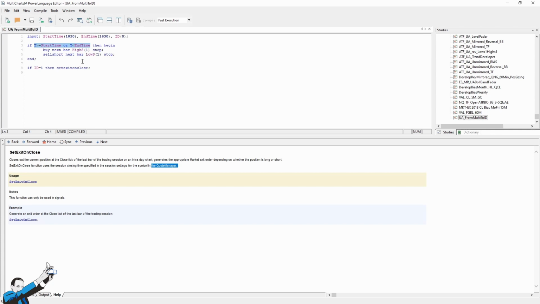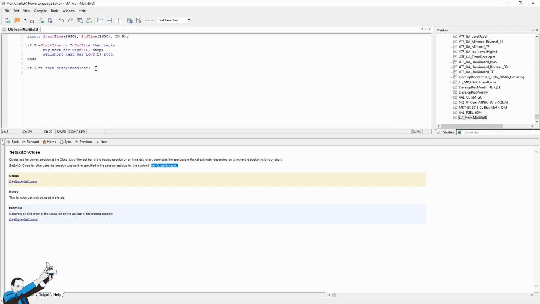Now we're going to be doing our testing on the 15-minute gold future market. As we know, this market has a session that goes from 6 p.m. to 5 p.m. So in this way, by starting at 6:30 p.m. and ending at 4:30 p.m., we can eliminate the first 2 and the last 2 bars from the backtest. After that, always inside the time window, we'll send stop orders on the high and low of the previous day.